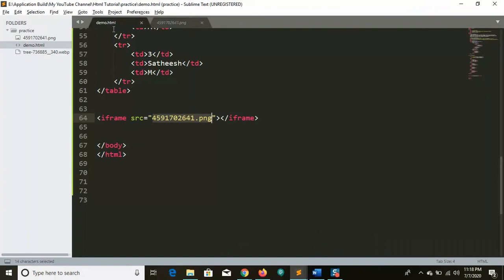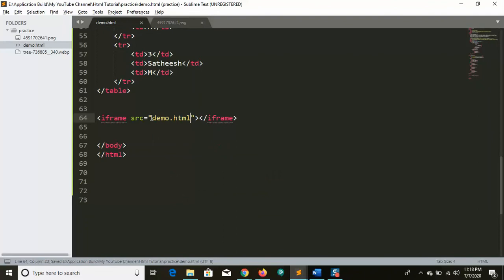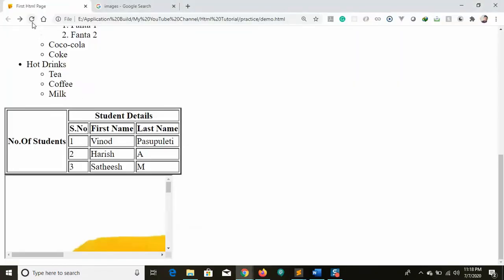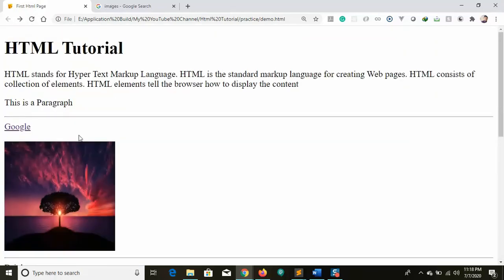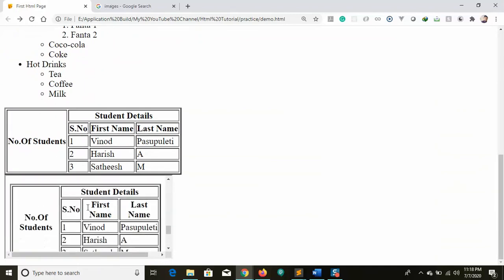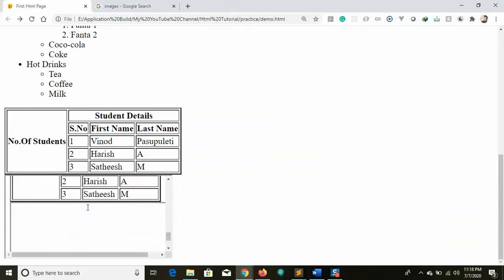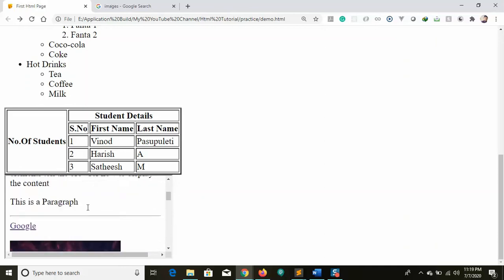Our HTML page name is demo.html. Let me give this file itself and see how it displays. The file itself is directly displayed in the iframe. Just reload. You can see this entire page, right? The entire content has been displayed in the iframe.